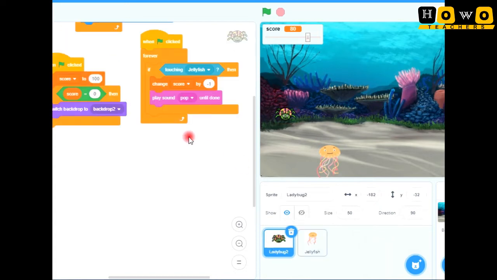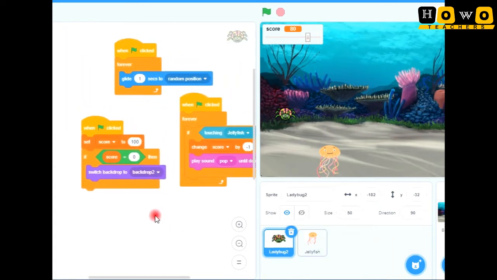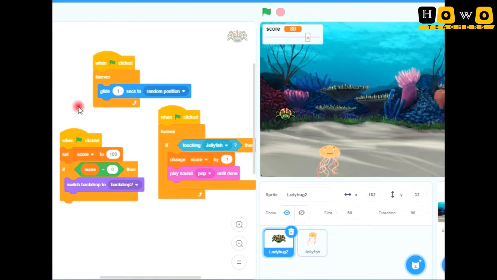Similarly, for the ladybug you can see the coding, that whenever the green flag is clicked, means the game is started, then we have to put here a forever loop. Forever means that every time it will happen. What will happen? Glide is just swinging around.